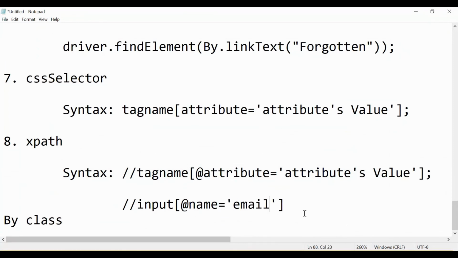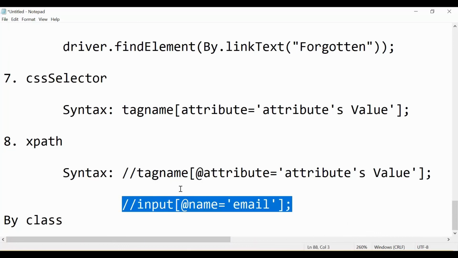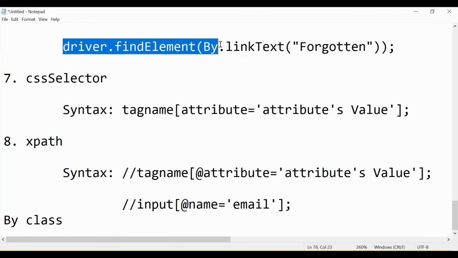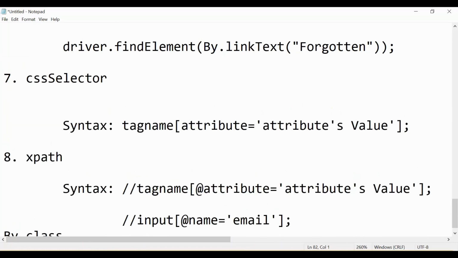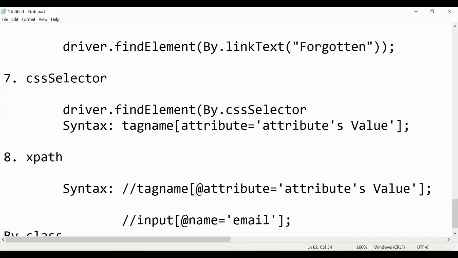So just pass this as an argument to driver.findElement. I will write that as well. driver.findElement(By.cssSelector) and just provide it as an argument, a string type of argument.